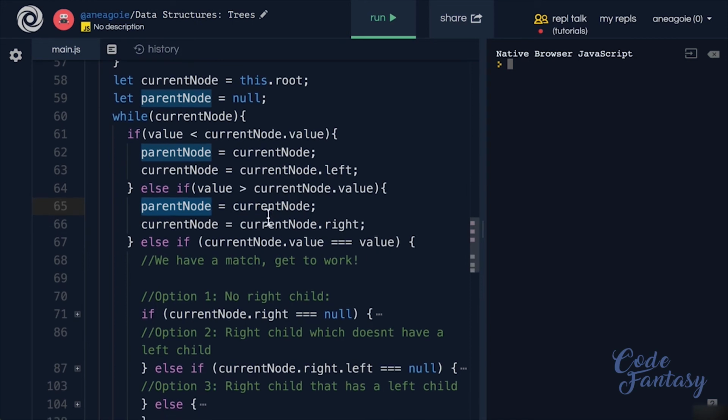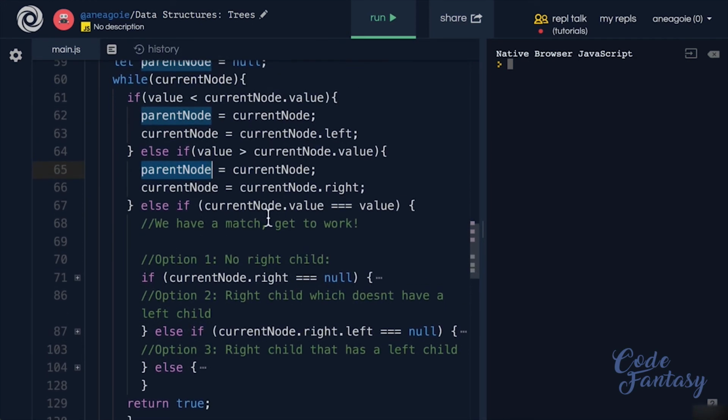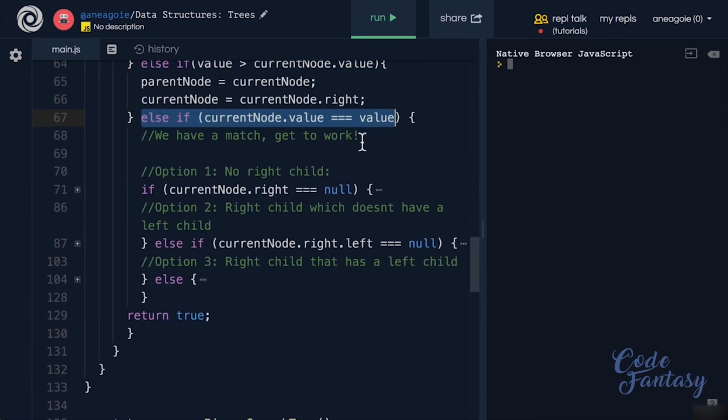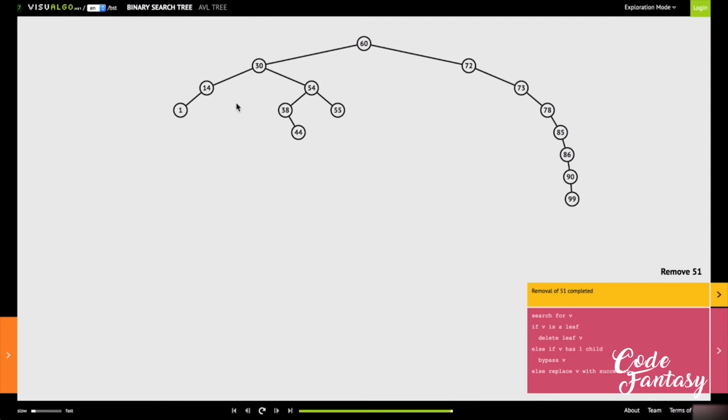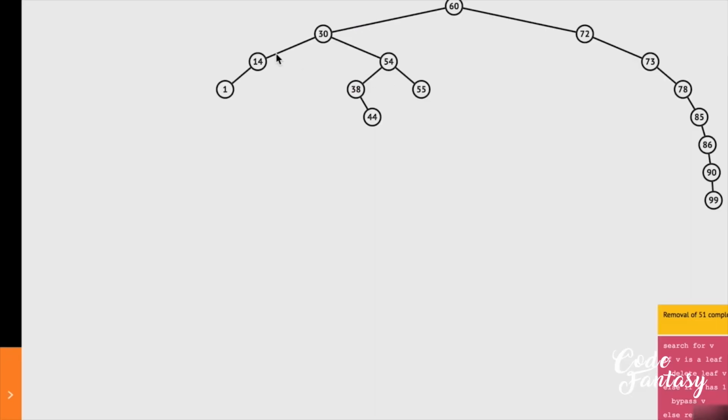Now, this is the interesting part. We're looping through everything here and nothing's too crazy until we get to a match. Once we get to a match and we find the current node that we want to delete, we need to get to work. And we have 3 options here. The first option is that the current node has no right child. If the current node has no right child, let's have 55 as an example, or let's do 14 as an example. If I remove 14,